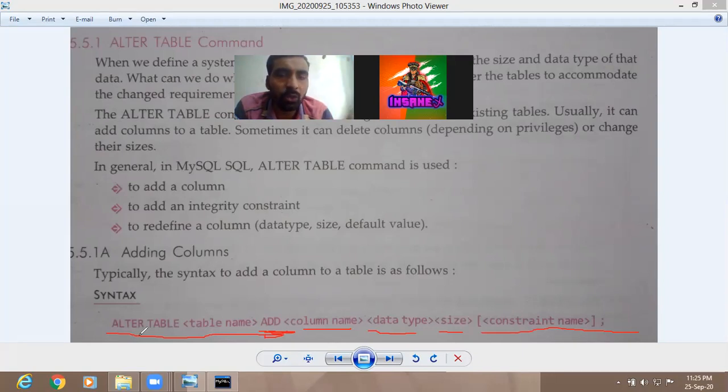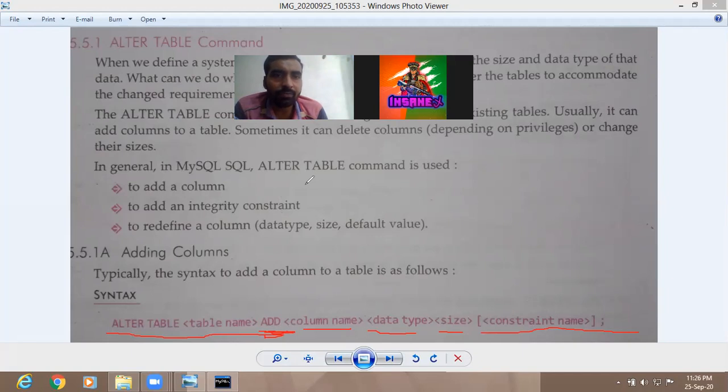If you want to add a new column in the existing table, we can write alter table command space the table name space add column name space the data type of the column space the size of the column space the constraint name.